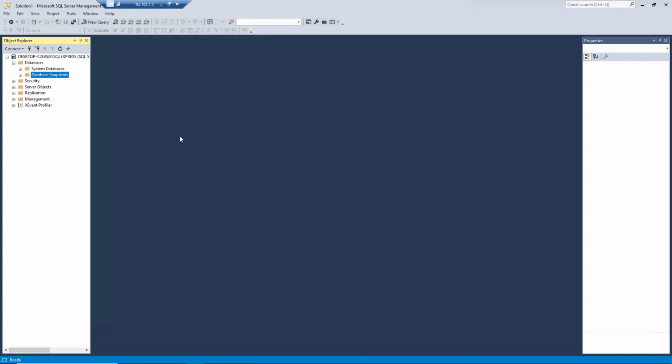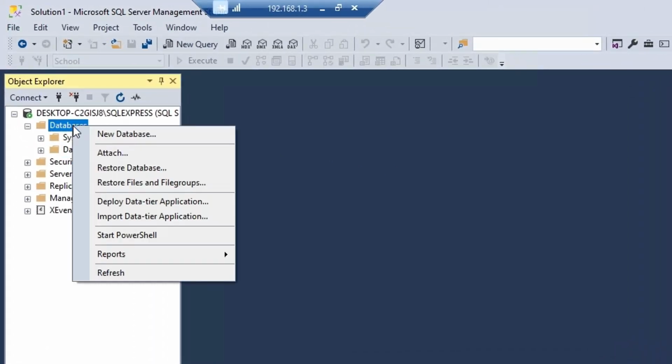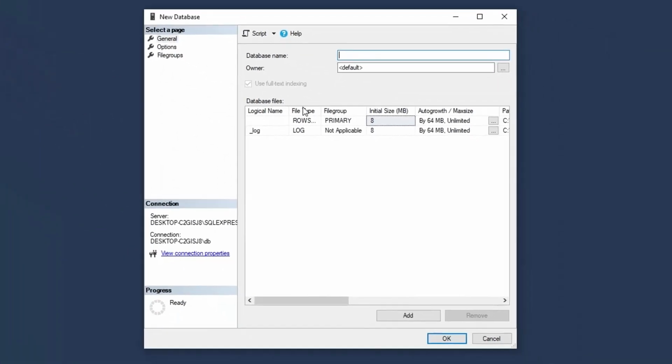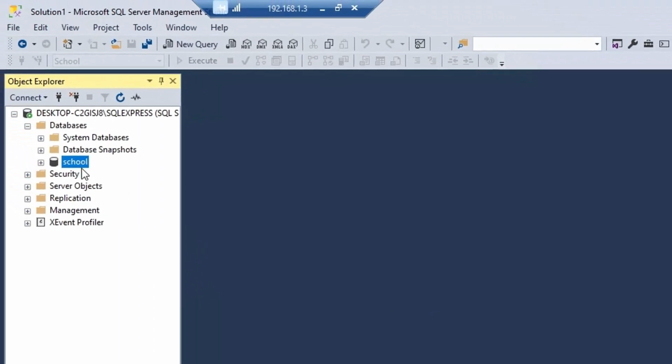Alright, so here's my SSMS. And I don't have any database for now, so I'm going to create one. So right click on databases, new database, and then just give it a name. I'm going to call this the school database and just click OK. And now I have the school database right here. I'm going to expand,